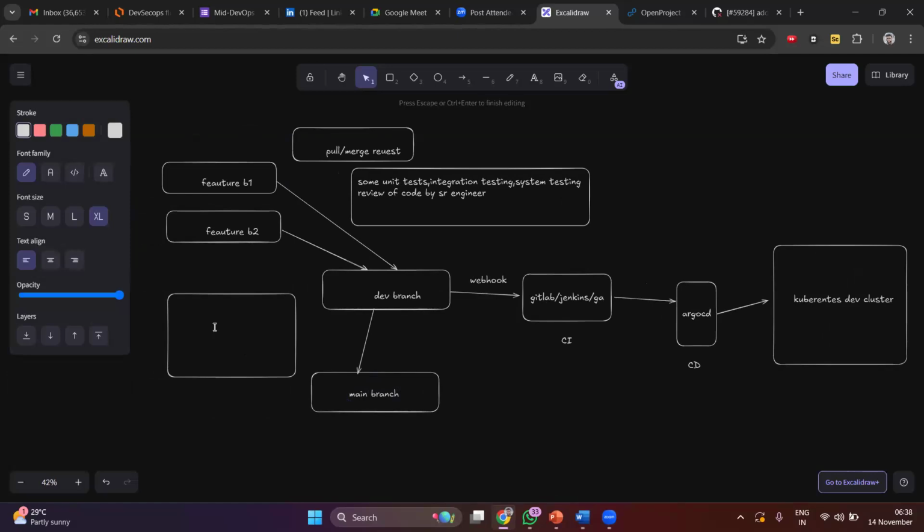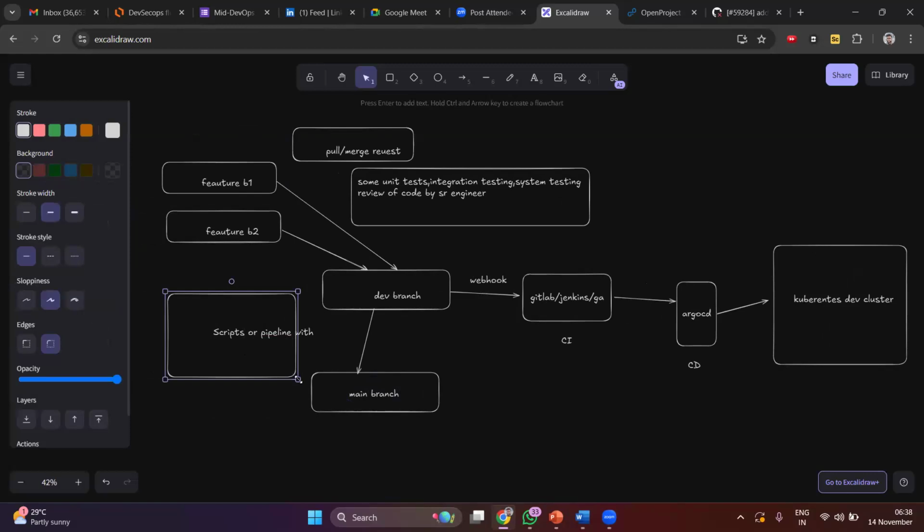some scripts or pipeline, a pipeline with approval. You have to just click yes, that's it. So that automatically those things will be